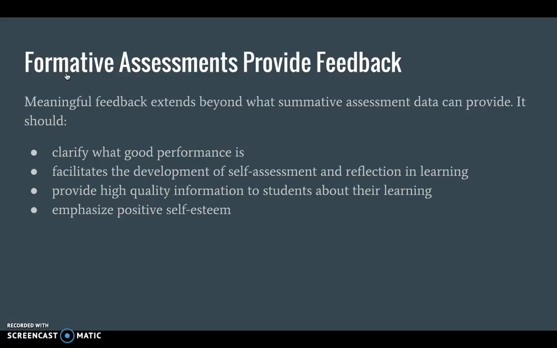And that should build students' self-esteem, their ability to make strides on these small goals instead of just being labeled as a failure. It should also close the feedback loop. So the author, Owen, talking about closing the feedback loop is talking about the timeliness of feedback, which I'm sure we've all struggled with, about how do you get information back to students quickly and efficiently so that they can